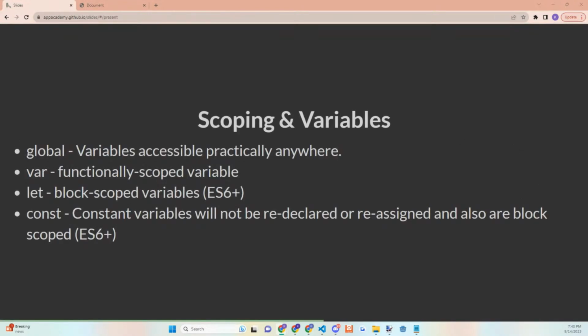And let's briefly talk about scoping and variables. I actually did a nice live stream about scope and variables a few weeks back. So you can check our App Academy YouTube channel under the live section and get a better understanding of scope and variables there. But the reason why we want to discuss this here is because the if statements open up a block. This essentially creates a new scope for the type of variables we use.